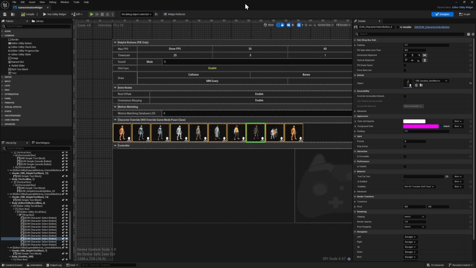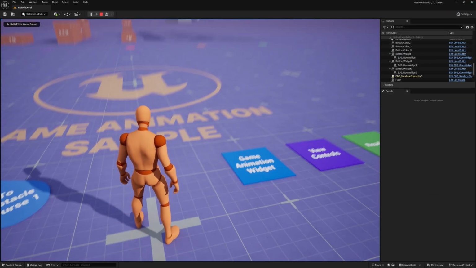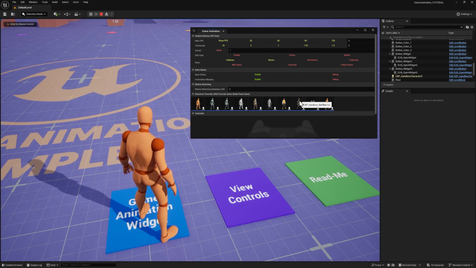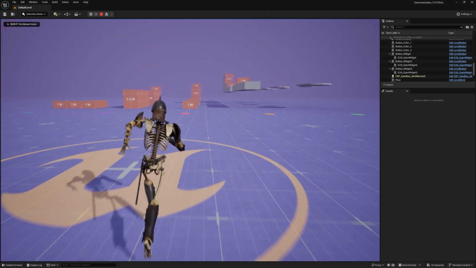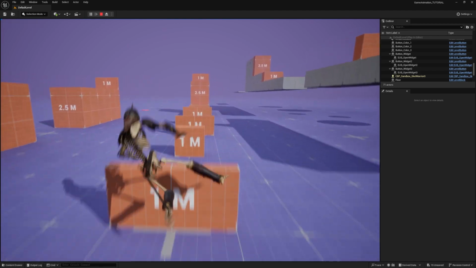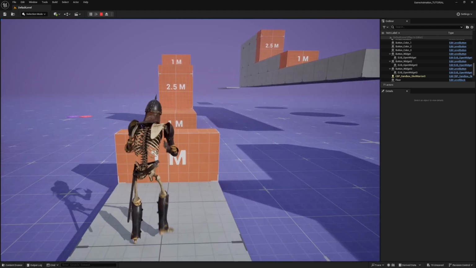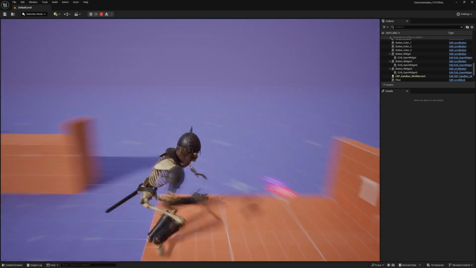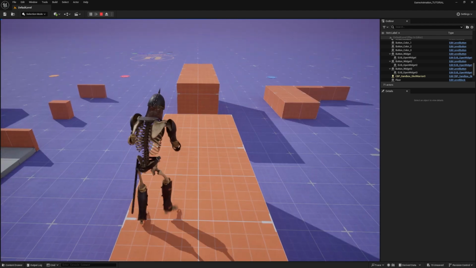We'll press save, close this down, and if we press play, I should be able to step on the game animation widget box and click on our skeleton warrior, close the window, and now he's running around in the scene. There's no rigging to do, no animation retargeting, because we just hijacked a character that already has animation retargeting applied. You can see all of the armor parts and the modular pieces all look good on the character, and he's ready to go. Now, of course, this was made possible because this character is already rigged with the Unreal 5